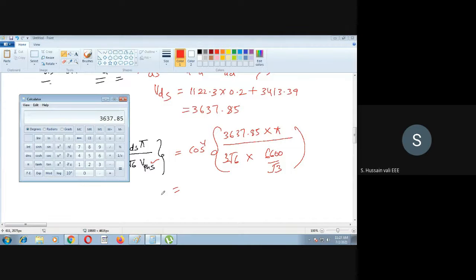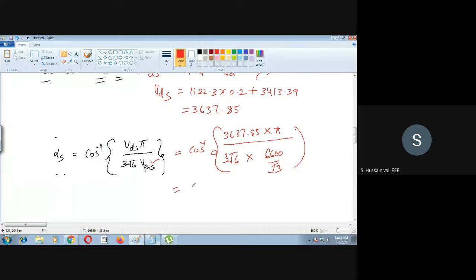3637.85 multiplied by 5, we got this answer, divided by 3, then divided by root 3, root 2, 1414 divided by 6600. See, you can cross-check yourself, there is no problem in that. Okay, so we got 65.9, that's the answer. So 65.9, that's it, this is the answer. Okay, so I hope the time is already over, so it has exceeded. Okay, so